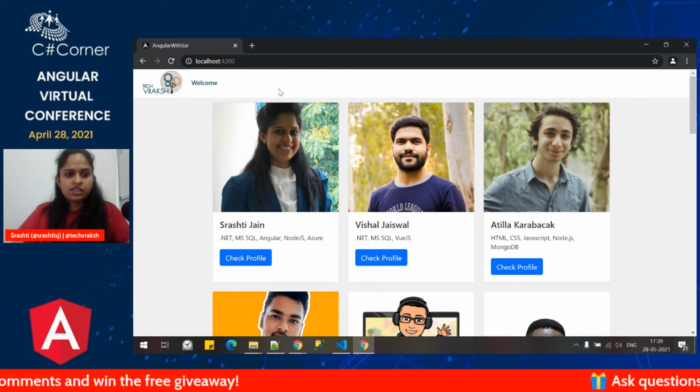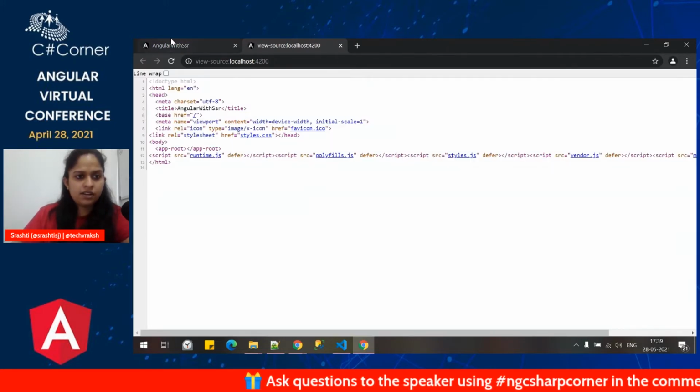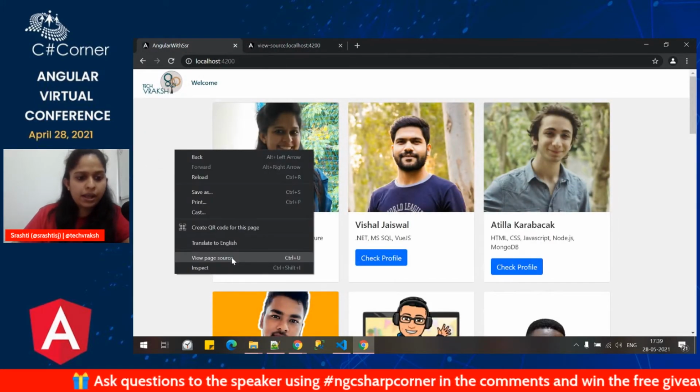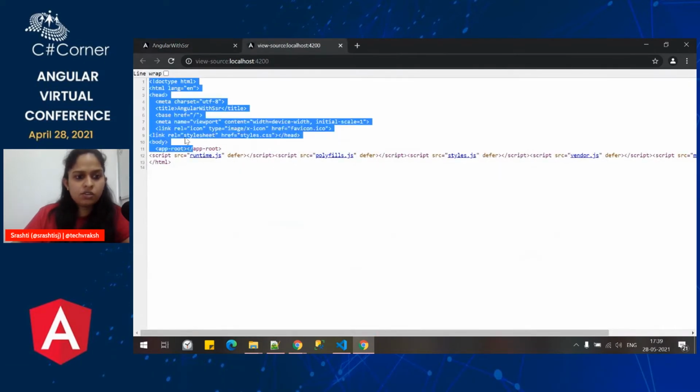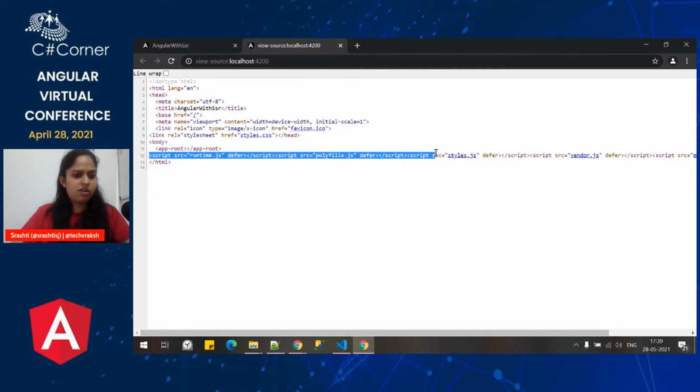And we do have data. Let's see what we will do: we will just ask for view page source. If you see over here, there's nothing, there's no data. Let's say whenever a web crawler comes to our application, maybe deployed somewhere on a server, let's say techstructure.com, it will see the HTML, CSS and all, and it won't find anything else. So it won't display anything.